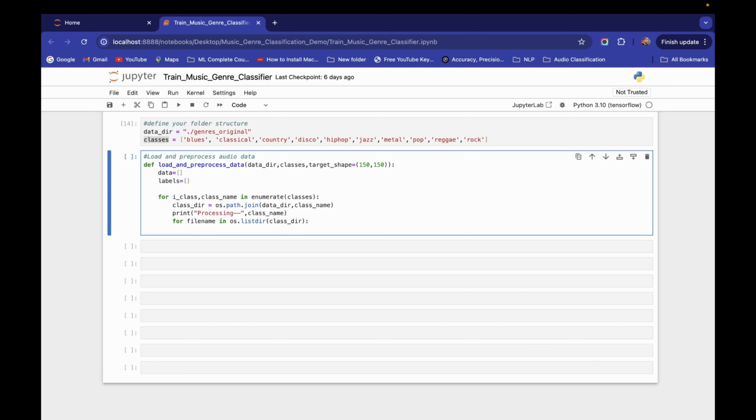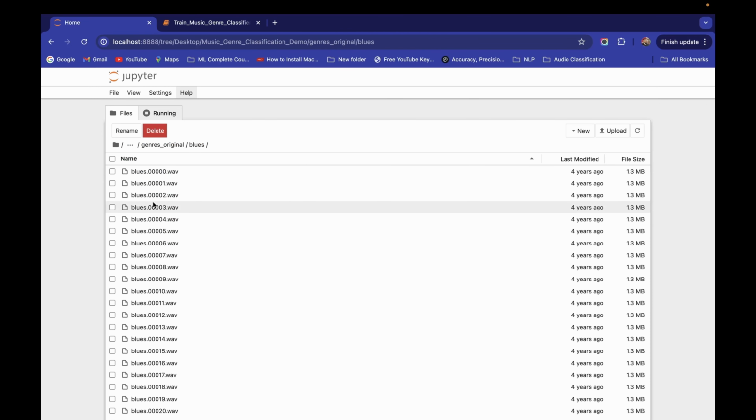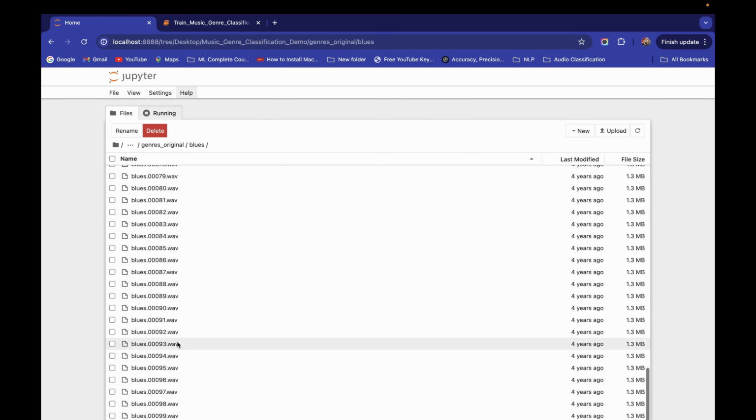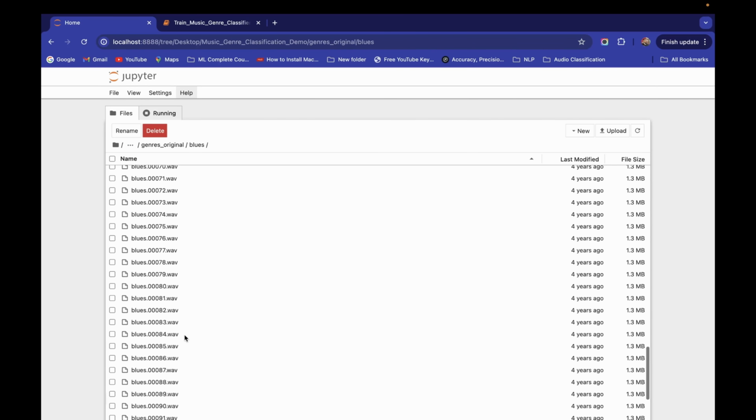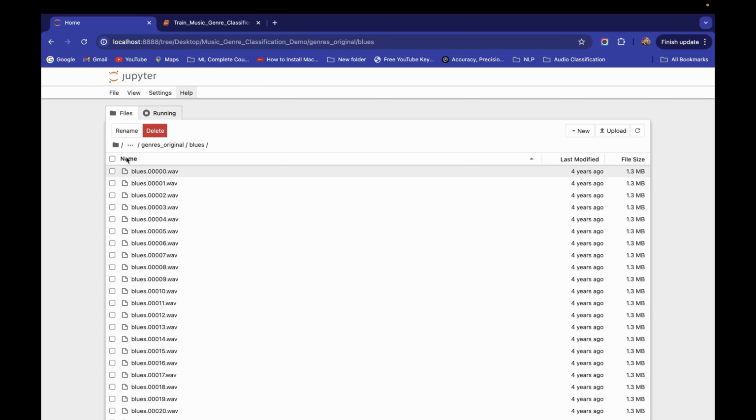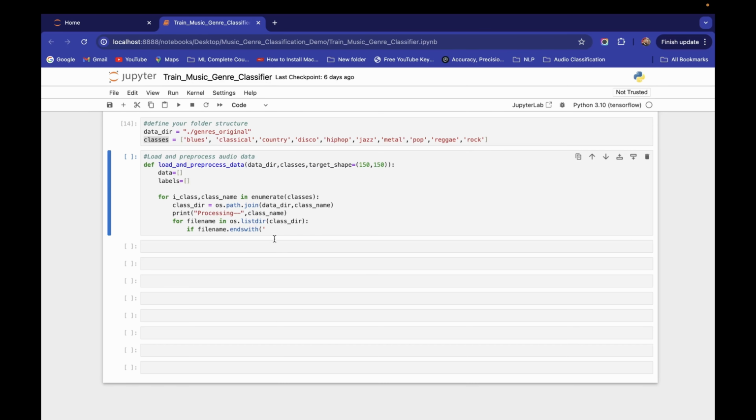Now we have to start our pre-processing, but before that we have to check one more thing: if file name ends with .wav. As all the files are wave files, there may be a possibility that something else is present which is not wave, so we have to discard that.